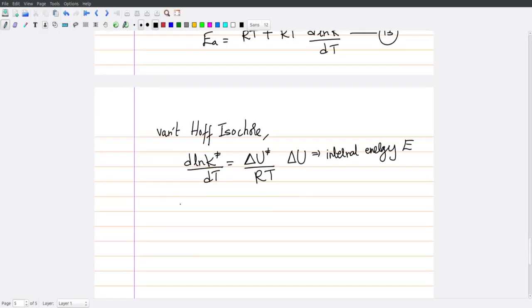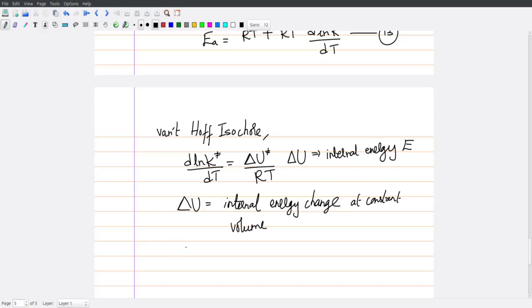where your delta U is the internal energy change at constant volume, or you can just say energy change at constant volume, because at constant volume only your internal energy changes, right. So we can write this